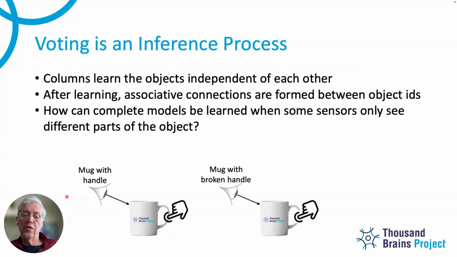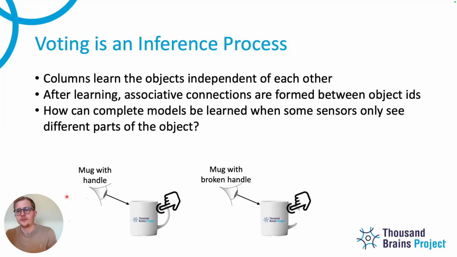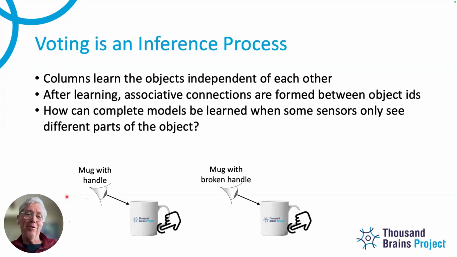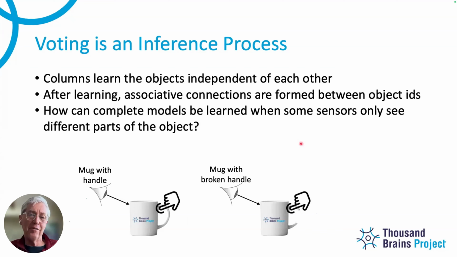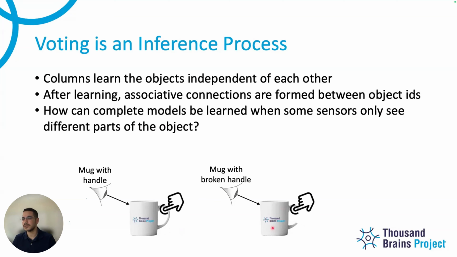Okay. So that's what made this confusing. I think the better example in this case would be two fingers don't touch all parts of the mug. Right. So that's the better example. Or two retinal patches don't see all areas of the mug. The fact that you're talking about a broken handle, not broken handle, that's confusing things a bit. If Niels is right, perhaps you're just saying not everybody senses everything. Yeah, I phrase it better here, but this example is not the best.